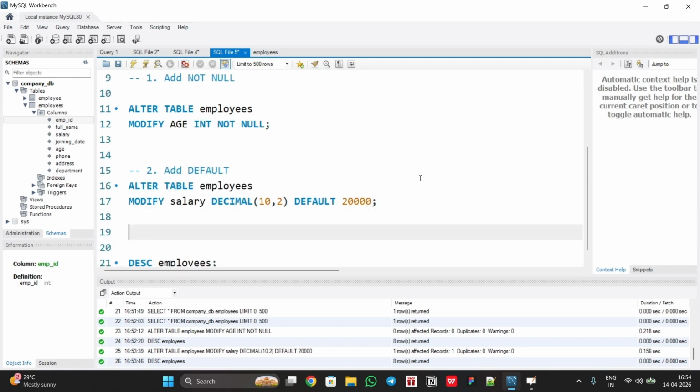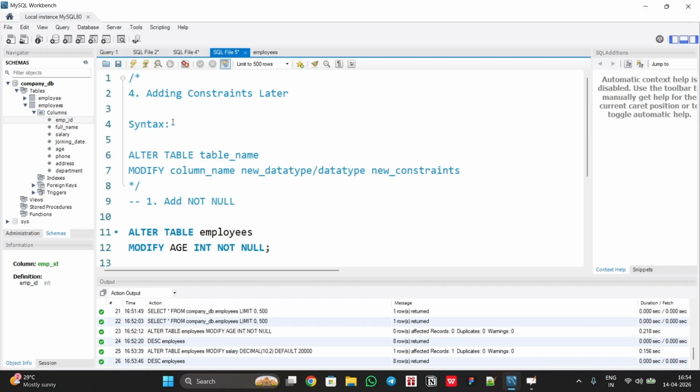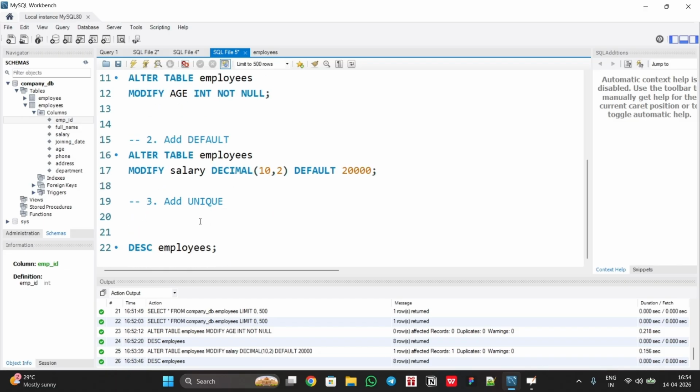So now let's look at unique. Okay, third, it's add unique. So here the syntax is a bit different. Let me tell you how it's different. Let me first write the query. Alter table, the table name, which is employees, then add. We're using the add command here: add unique,